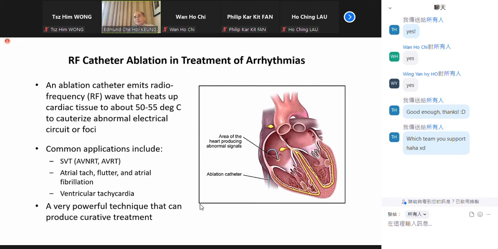I mentioned catheter ablation in the AF talk, and it was invented in the early 80s. Then we have the catheter, modified from the diagnostic catheter, and now it can be connected to a radio frequency generator. Some of you may have gone into the operating room and seen the surgeon pick up something like a pen, and when they see oozing, not really a lot of bleeding, you can burn the skin, burn the muscle, and you stop it. It's the same principle. So you heat up to 50 to 55 degrees centigrade at the tip,